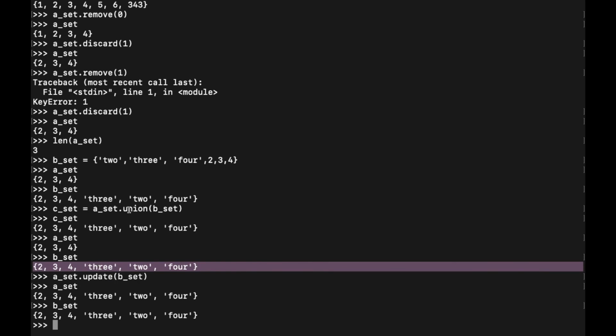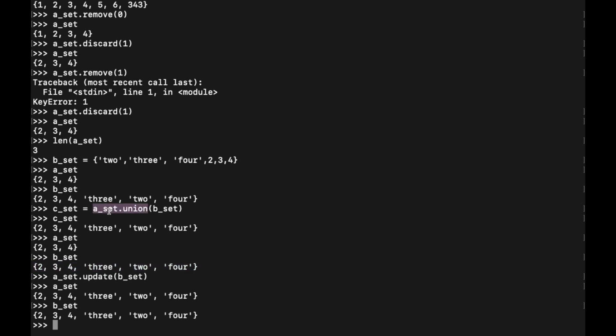This is because whenever we perform the operation with the union function, it does not alter the two sets which we are passing, A set and B set. What the union function does is return another set, which is the union of these two sets.